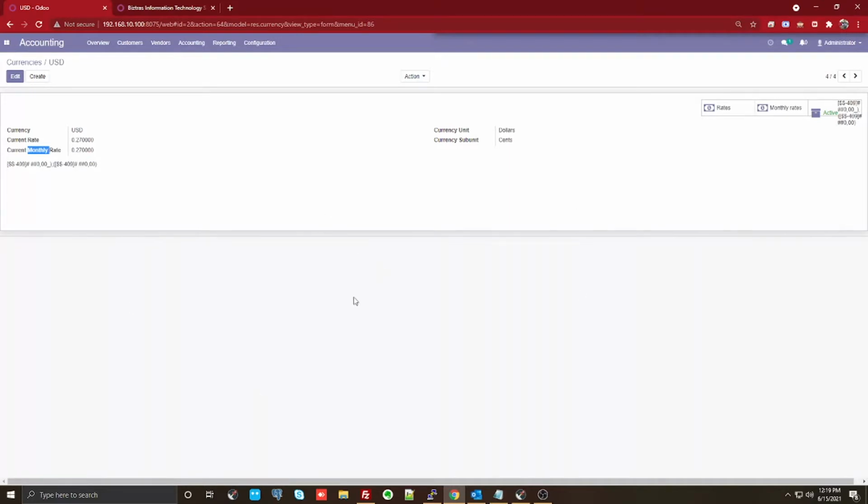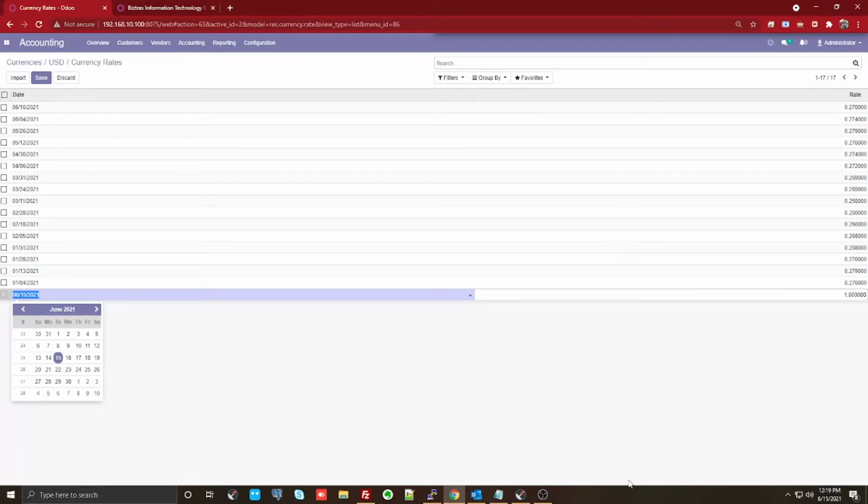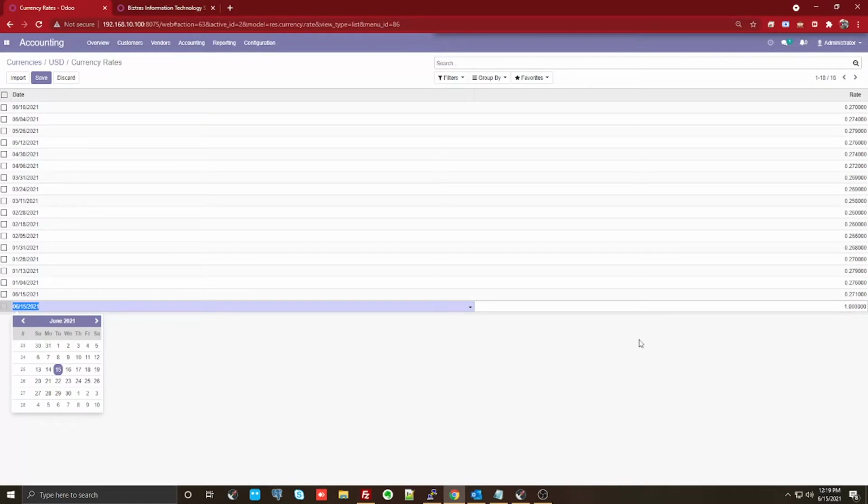But before that, on the right side you can see two buttons. One button is for the rates. When you click on the rates, it tells you every time you have updated the rates of the currency. Let's say I have a new currency value for the day. I can click on that date, go back and start filling it in, like 2.71. So I'm adding one more entry into it.